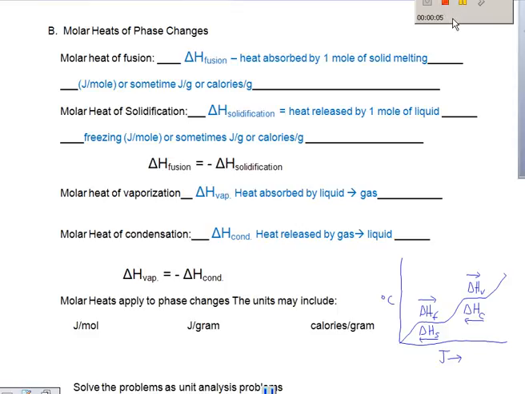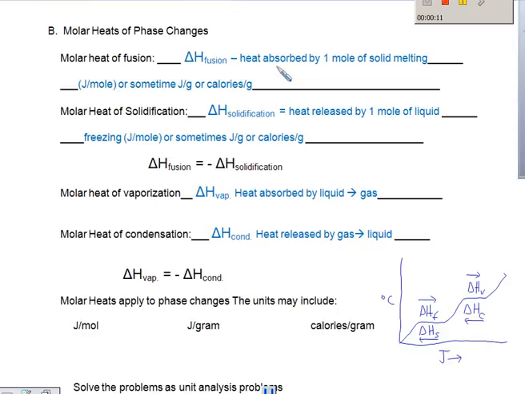This is part 4 of thermochemistry. We're going to be looking at molar heats and phase changes. First, let's go over a few definitions. Molar heat of fusion, which we will write as delta H of fusion, is the heat absorbed by 1 mole